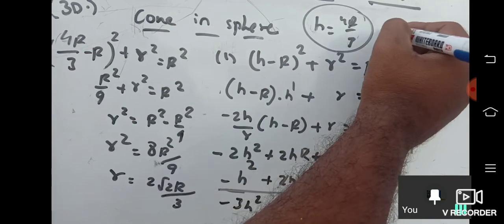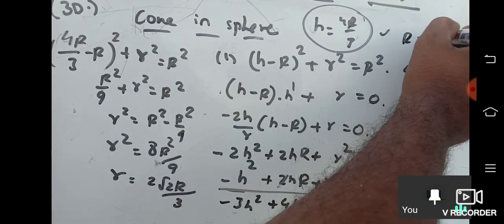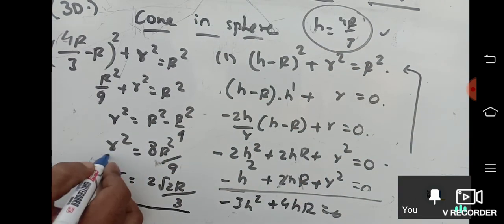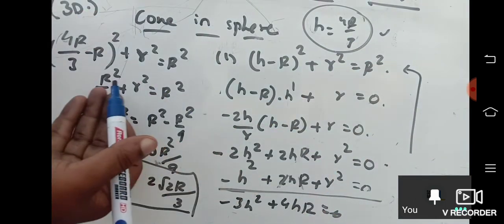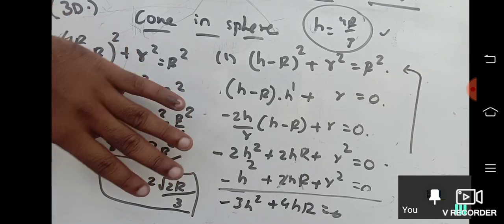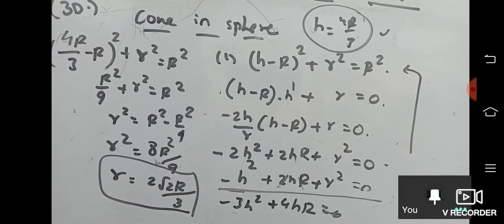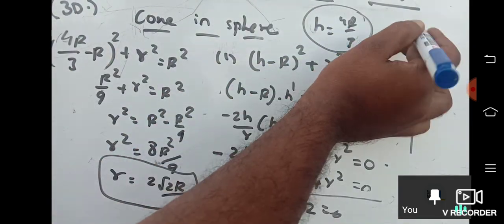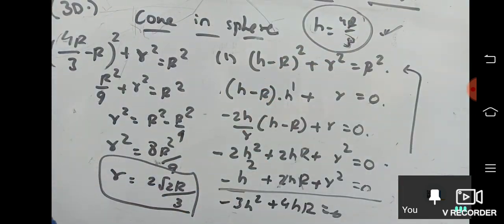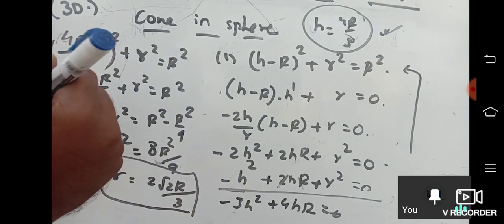Oh, they are asking this one. Okay, what we wrote is wrong then. 4 small r by 3 is wrong. They are asking this, or they can ask this relation also. If they asked, what to do? Substitute that in this equation. Mostly this part of the question is not needed actually. They will ask H is equal to 4 capital R by 3 only, because in the textbook, what they give mostly, that only they will ask. So what we wrote at the start of the question is the wrong relation.